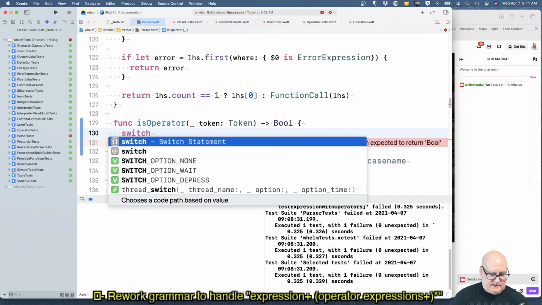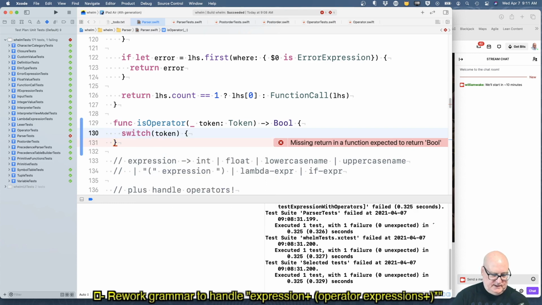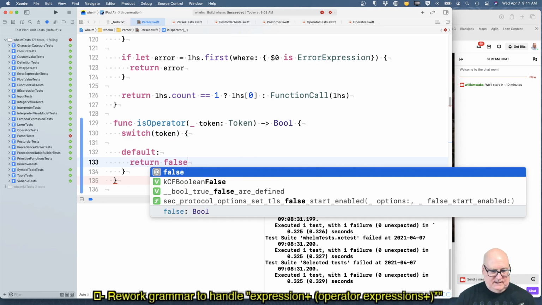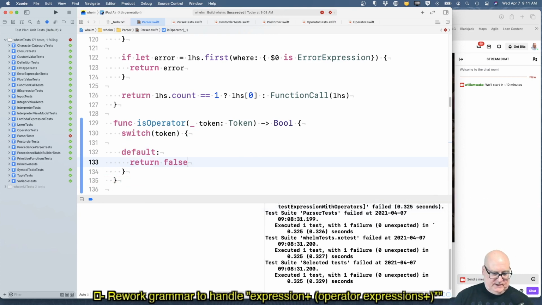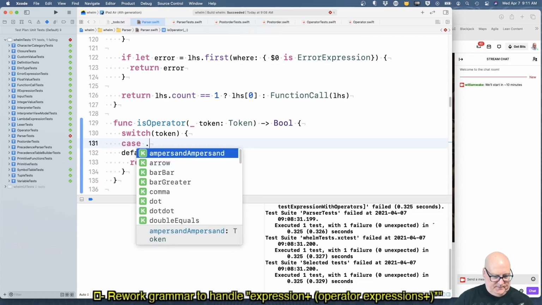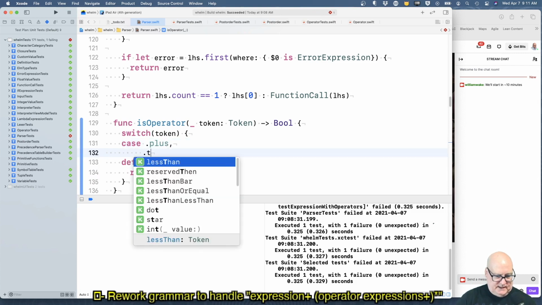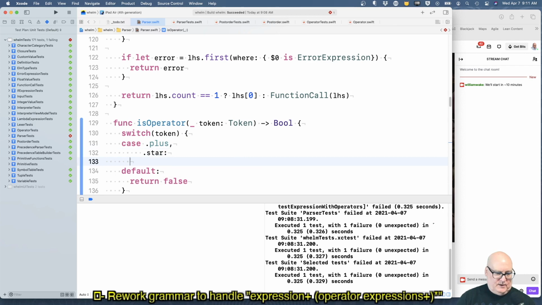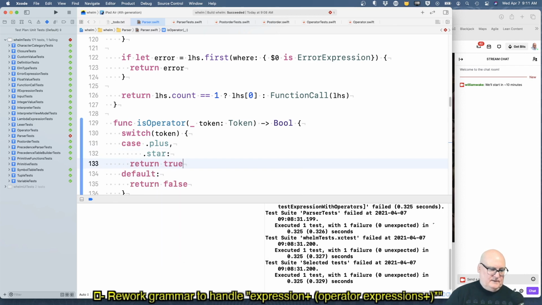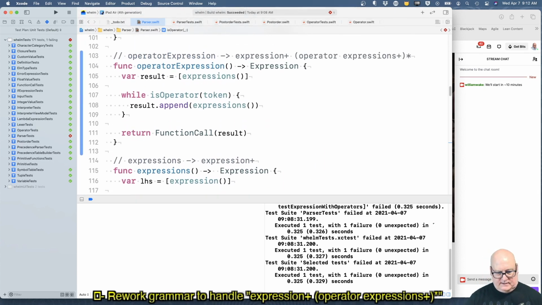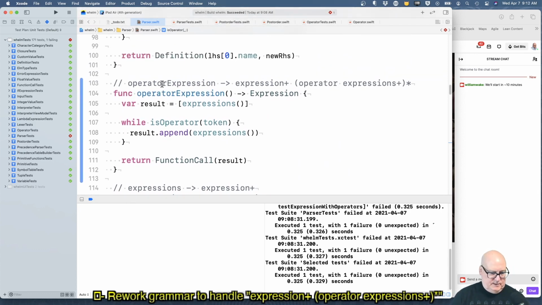Well, I guess the easy way, default is return false, and then we'll just list some of these things. We had a list somewhere yesterday, but plus and times star, we know are. Okay, and that's good. Now nobody's calling this thing.